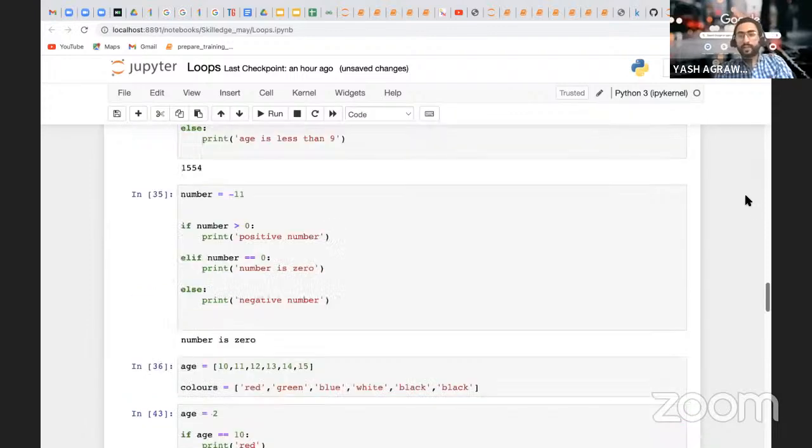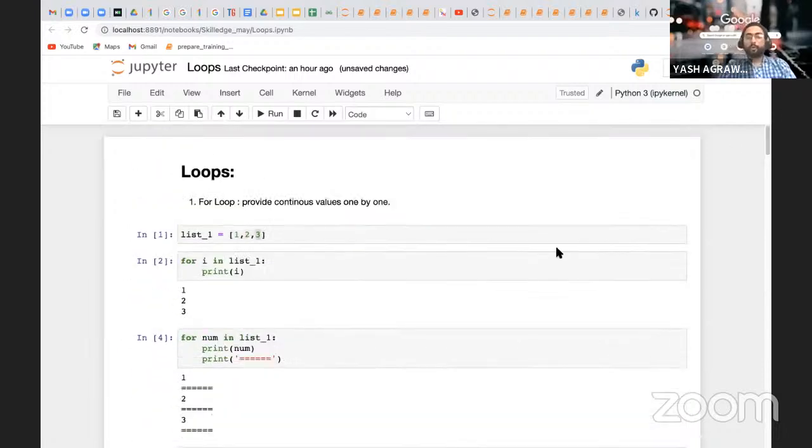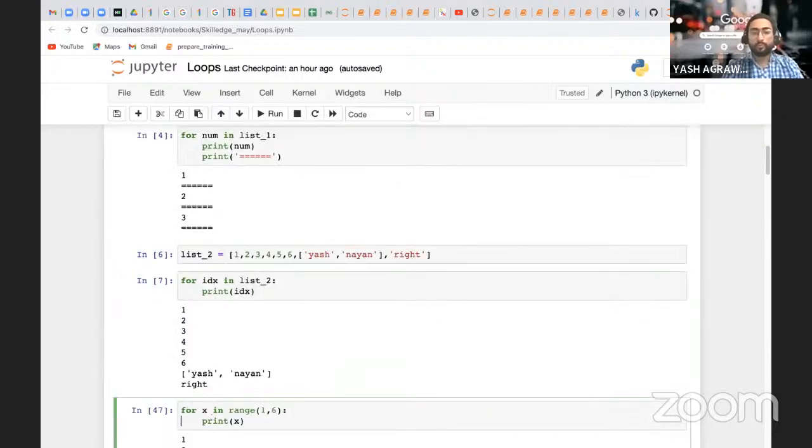Okay, now let's take a quick recap. So loops are nothing but something which provides you values one by one. Here we have a list. So what is the syntax of writing a loop? For, that is a mandatory keyword, then a space, whatever variable you want to mention, space, in means inside, i inside whatever list you have. List or range, tuple, dictionary, any of them. And write print i. So one by one the values will get printed. So this is nothing but your for loop.